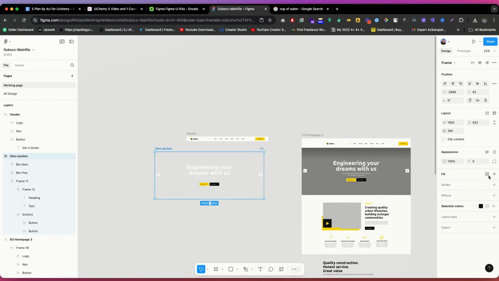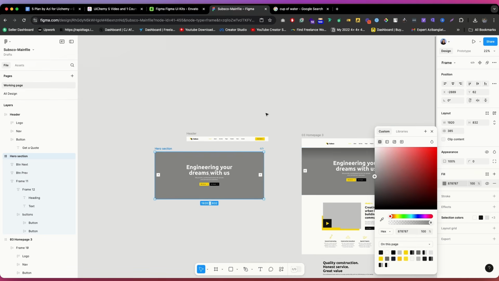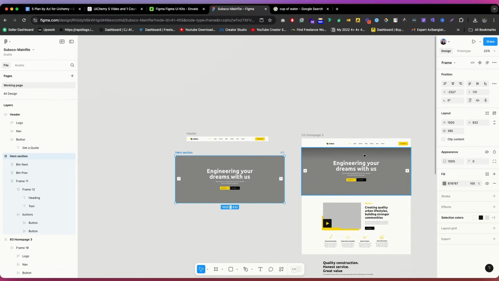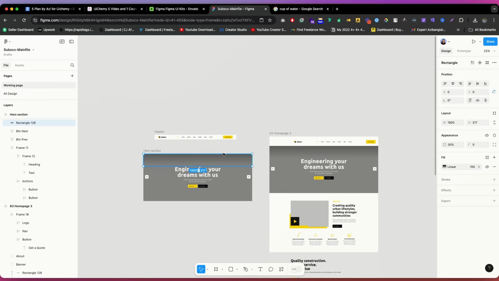And I want to make the color. So click on this fill, and then click on this color, and click on this eyeball, then click on here, this color. Then as you can see, we get exactly the same color. But if you look carefully, it has a shadow, right? It's a linear shadow. So what you can do, I can click on this top, paste it, we get it,